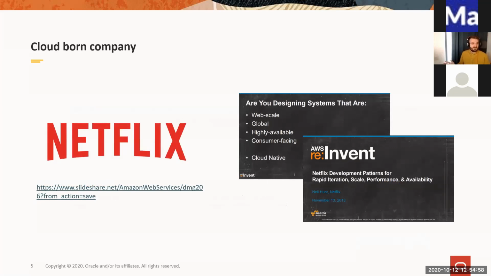I assume everyone is familiar with Netflix. This is why I chose this example. So basically, when they started their business, they had unique requirements. How are you going to deliver to your customers, who are global, as they are scaling globally? How are you going to deliver the best experience?